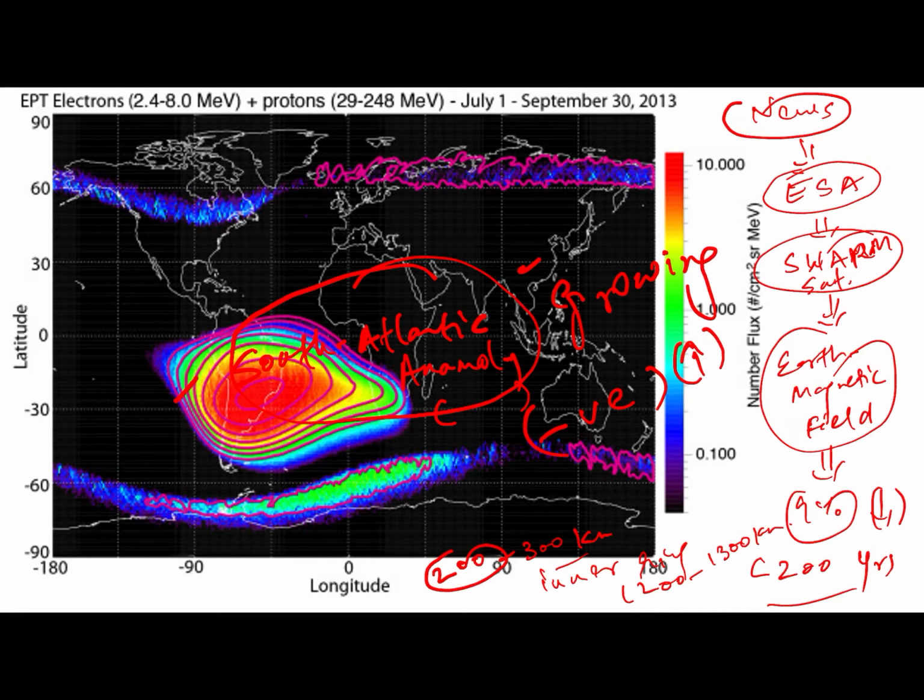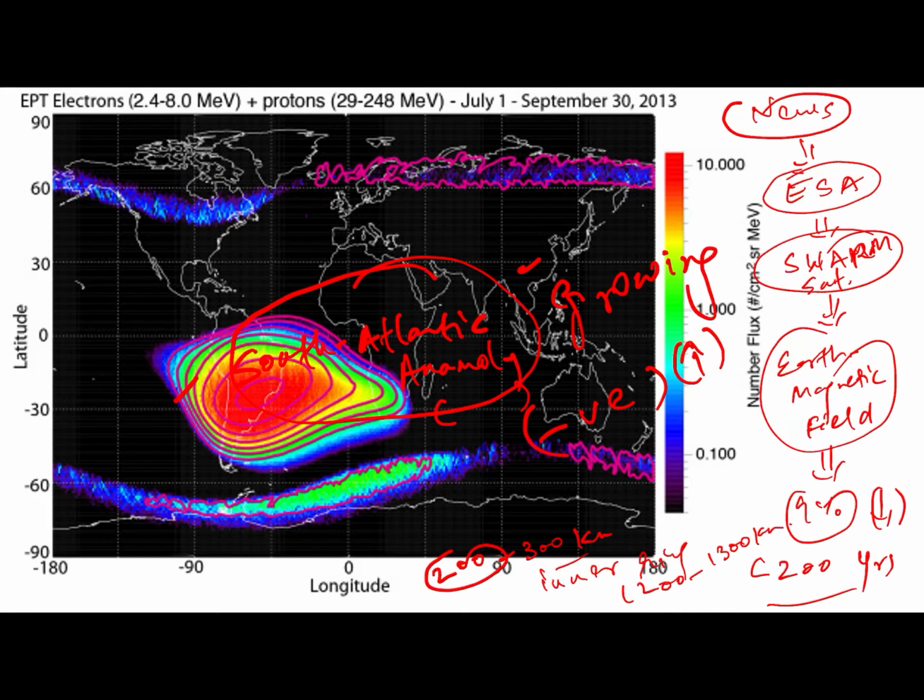Okay, where there is a problem because the International Space Station is there. Some low Earth orbit satellites are moving. Even some polar low satellites are also there. Hubble telescope is also there. When all these electronic equipments are moving over this, they encounter the lower magnetic field, and lower